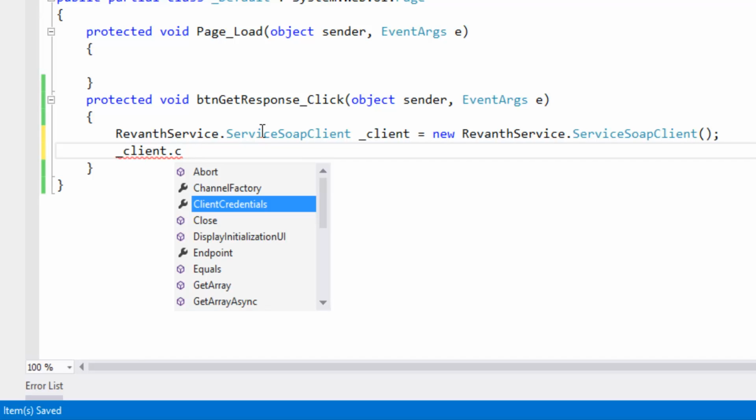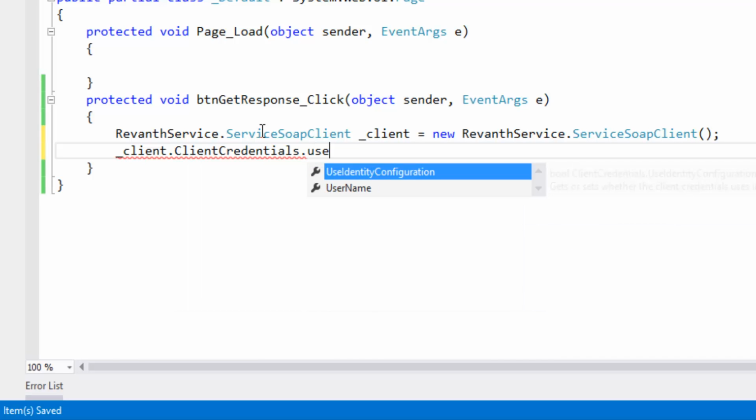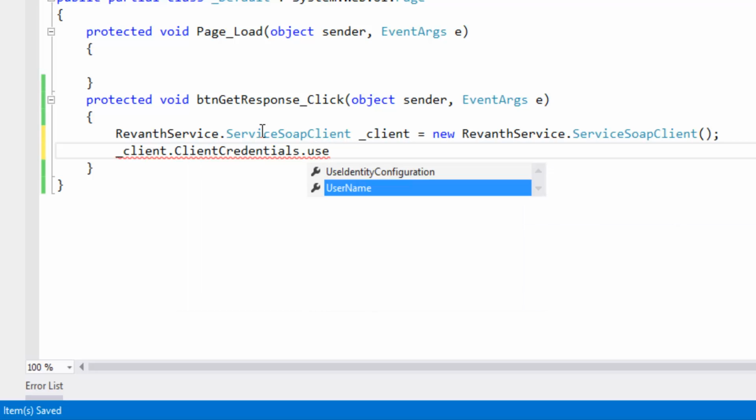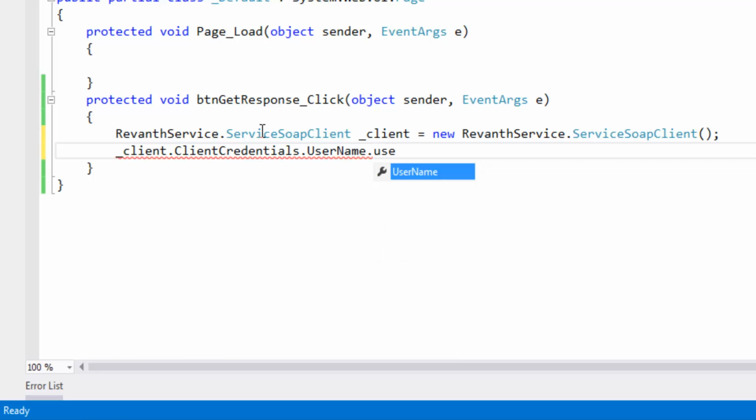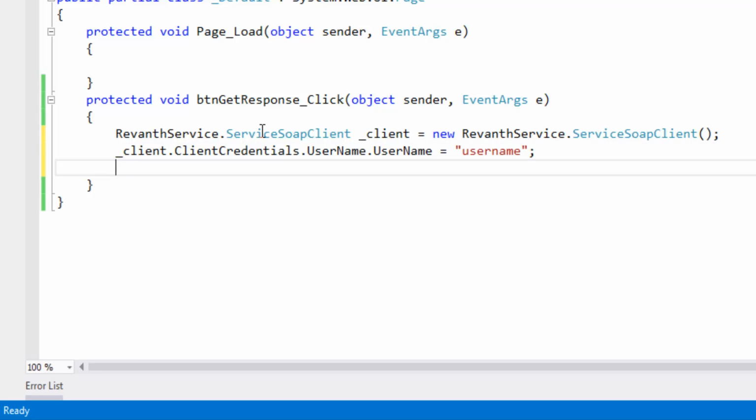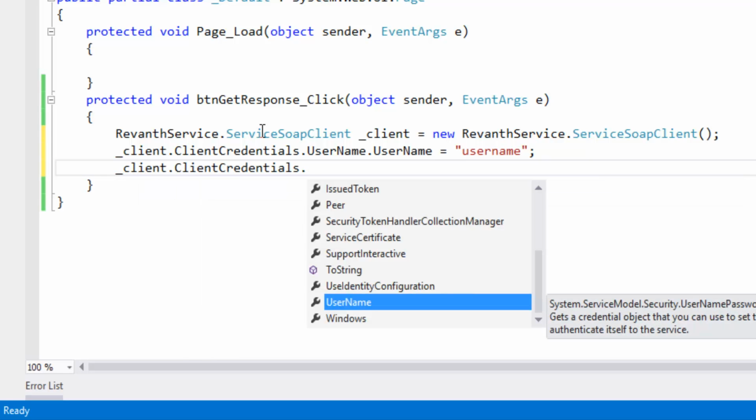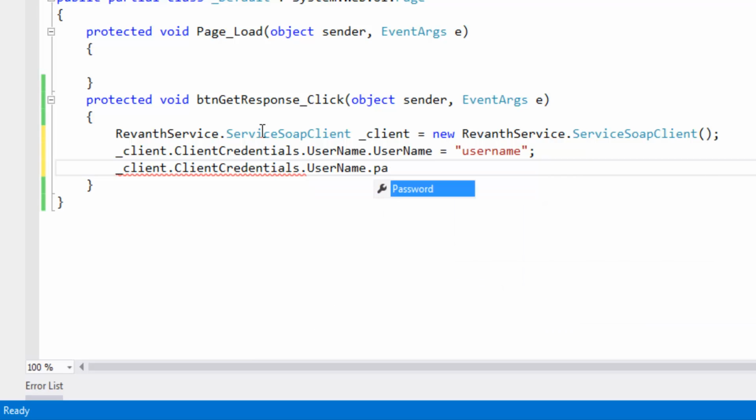Client credentials dot username dot username equal to username, client credentials dot username dot password. Here we need to pass the password.